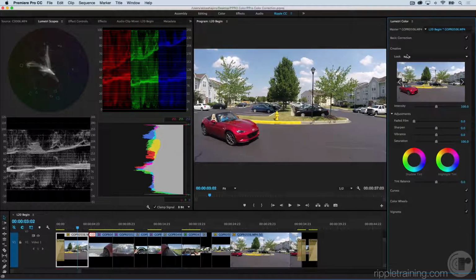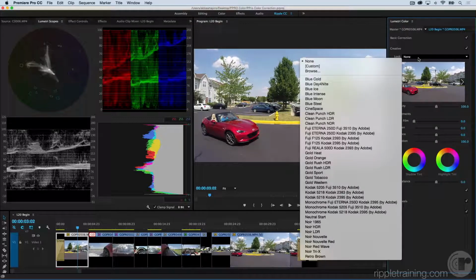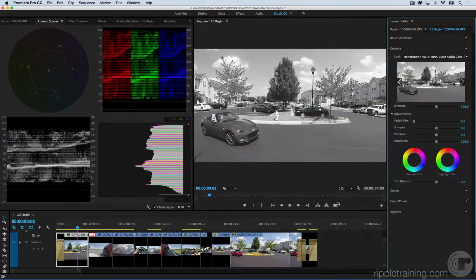And if I click on the drop-down menu, you see there's a lot of looks that are already available to you. And just like with LUTs, if you create a custom look, you can bring it in and apply it to your clip. Now let me walk you through how you can apply looks and tweak them. So the first thing you could do is you could go through and just select one that you like and be kind of arbitrary. Here's a nice monochrome black and white,